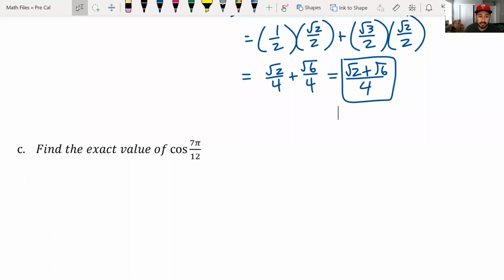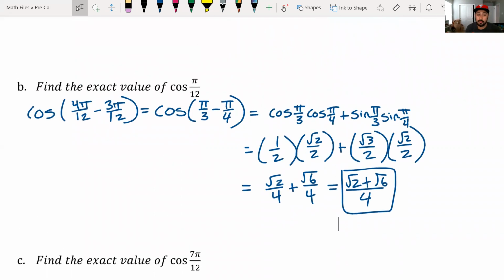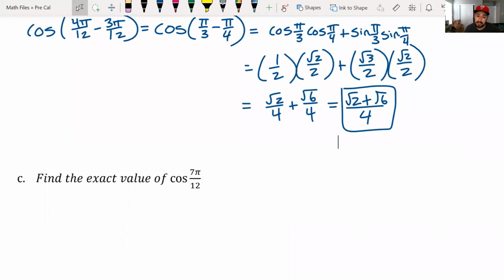Same thing here, cosine of 7 pi over 12. Look at your unit circle. You don't see 7 pi over 12, which means we have to split it into two angles. So 7 pi over 12, well, I can take an example from the one above. I can do 4 pi over 12 plus 3 pi over 12. Why not? That makes 7 pi over 12. So if I split that up,